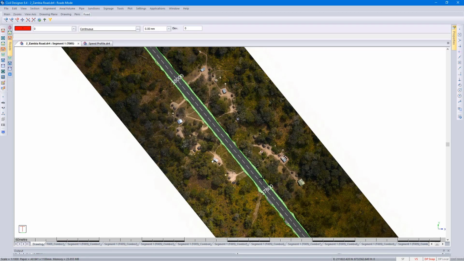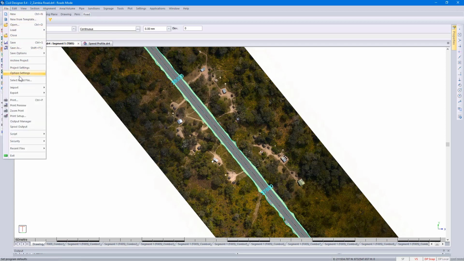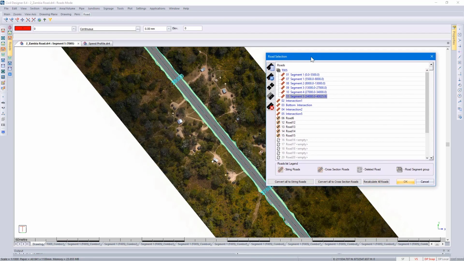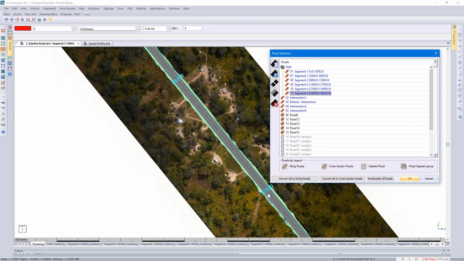If I select this section of road, I'm making it the active road. And due to that, if I go to File, select Road File, the current road selected is highlighted. I need to split it at chainage 37,800, so it falls within that stretch of road. Selecting this icon on the left-hand side,